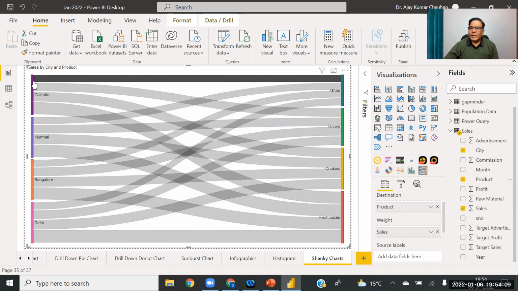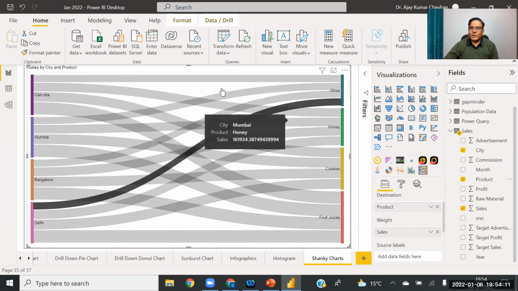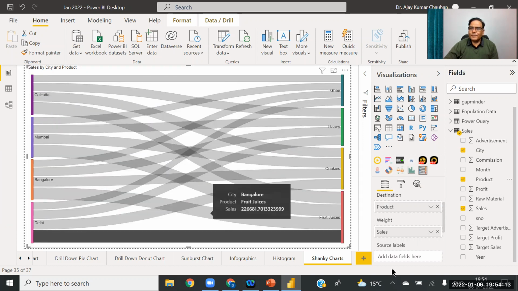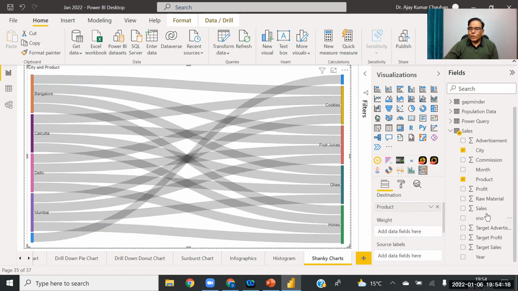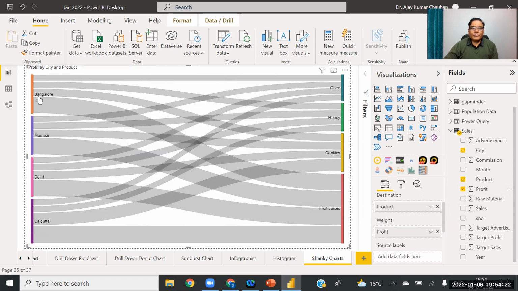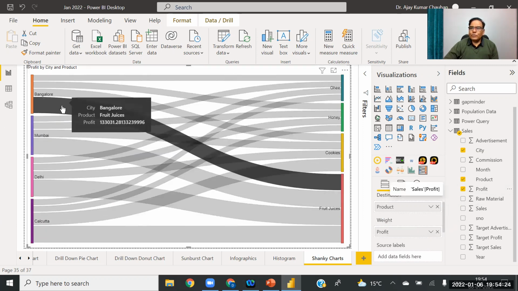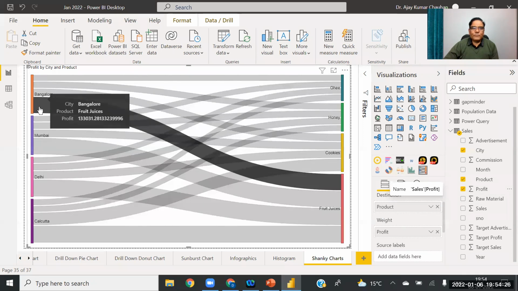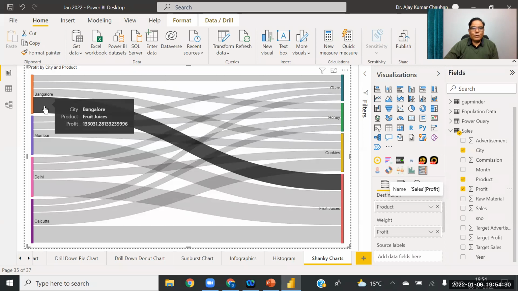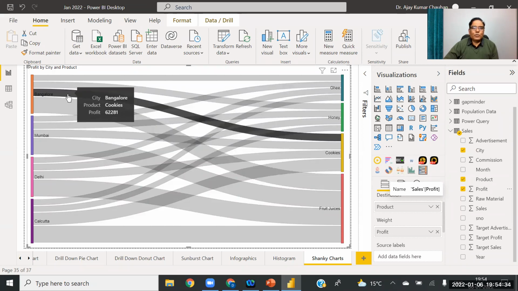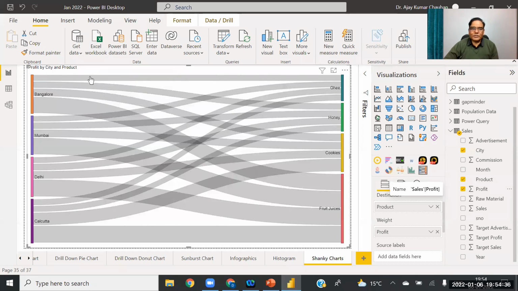So if you want to relate two variables together, you can apply this. And similarly, if you calculate profit, you can find out the profit, and you can also see that the size of this part is more as compared to this. So in Bangalore, the sales of fruit juices is higher than the cookies and other products.